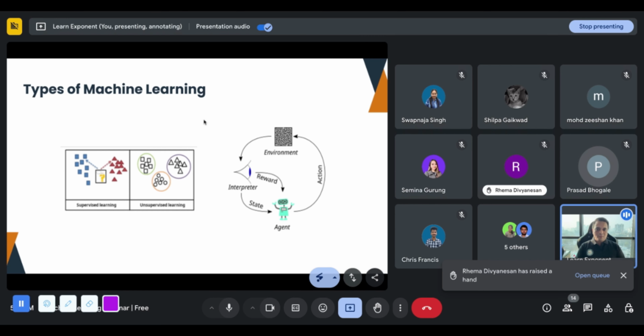So we were talking about three different categories of machine learning based on the availability of the inputs and outputs. In case of unsupervised learning, what it's trying to do is group a set of data points into